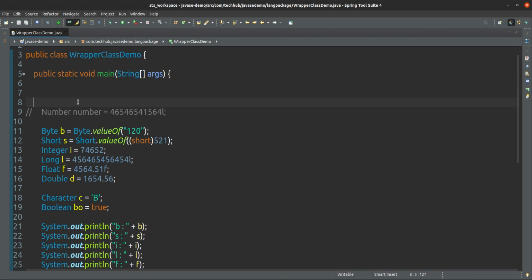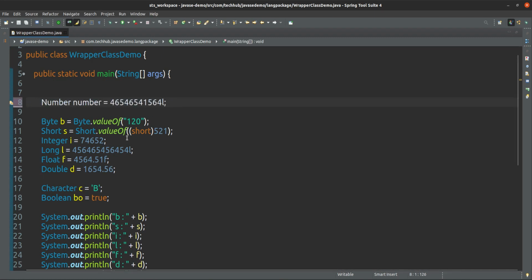See here, yeah, this is the use of Number. Now this is a Number. Now inside this Number I can give here byte, no issue, 120. By default this is an integer only, by default 120 is of type integer, but I can give byte, no issue, it will be converted into byte and held in Number. Or you can give integer, no issue, short, no issue, long, no issue, double, no issue, you can give anything, or double you can give in this way also.